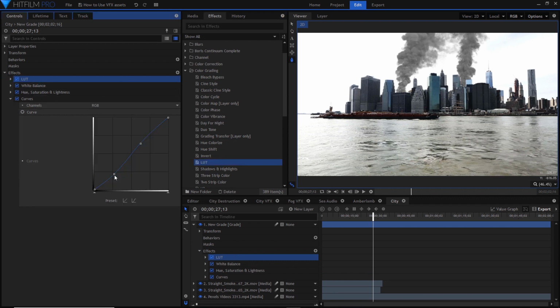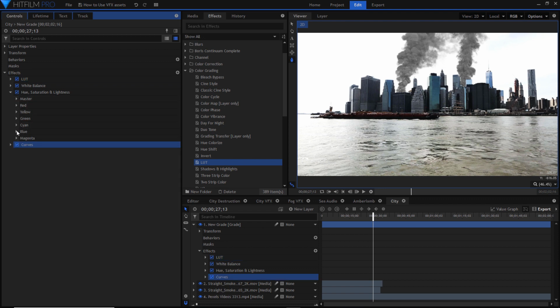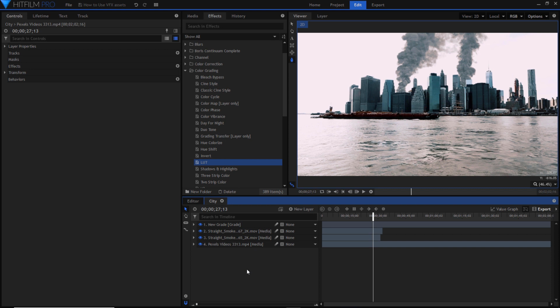For those of you who don't know how to color grade, I have a tutorial on how to do that. It'll be in the description below. I'm just going to do a quick color grade, not going to do anything special, just for the sake of this video. After you have your color grade finished, what you'll want to do is select all the layers here,